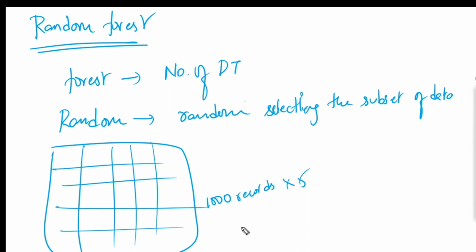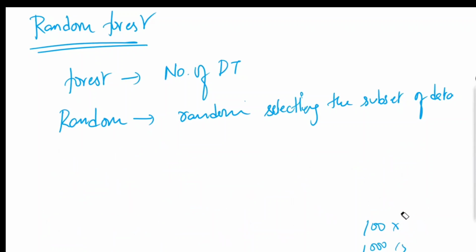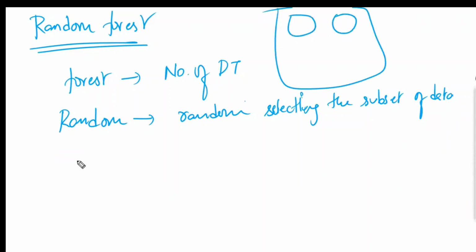Now from this, it is going to randomly select a subset. It may select 10 records, it may select 15 records, it may select 10 records with 2 columns, it may select 10 records with 4 columns, it may select 100 records with 5 columns, it may select 1000 records with 5 columns, it may select 100 records with 2 columns. Like this, it may select different. Random selection. Okay, completely randomly selecting. So it is going to take part of the data. Whatever the overall data we are having, within that overall data, we are using part of the data,